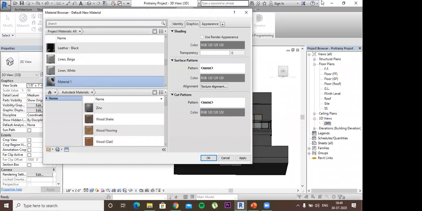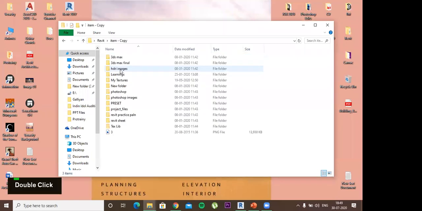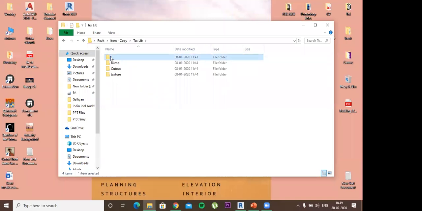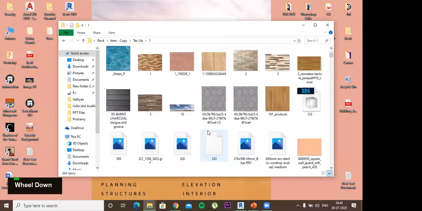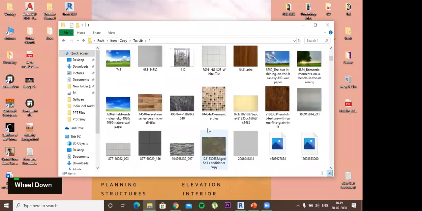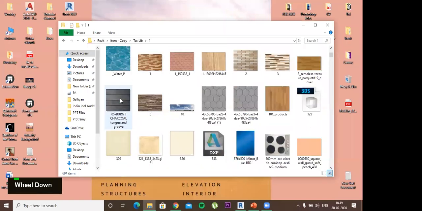Now, what material do I want here? For example, I have this Revit library in which I have different types of materials. Suppose in the texture library, I want to create one texture which I want to put on my wall. For example, this one, burnt charcoal proof. Okay. So now what I have to do is go to the Revit